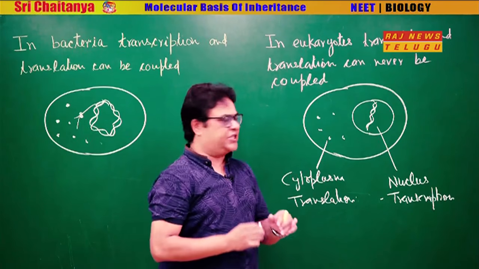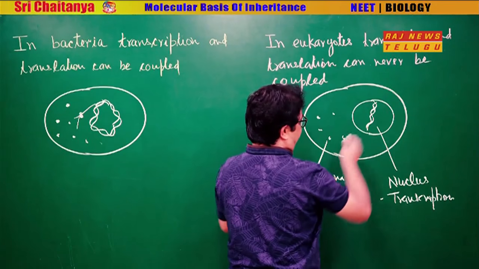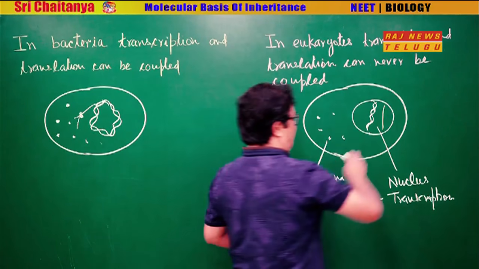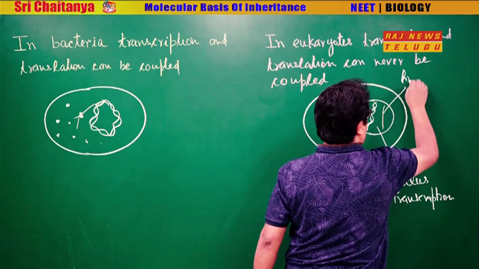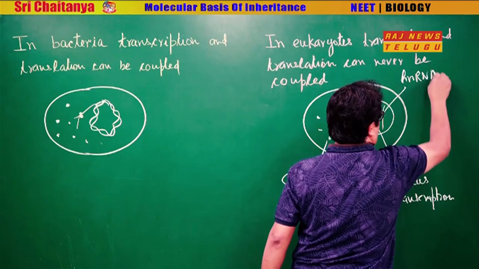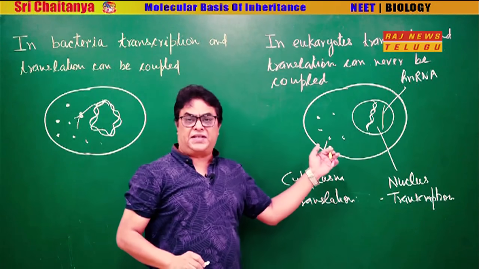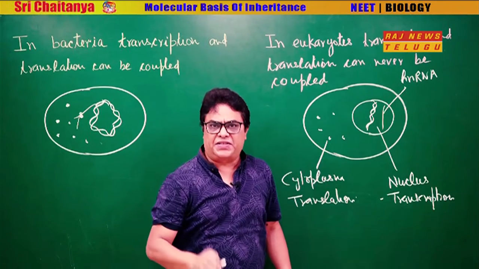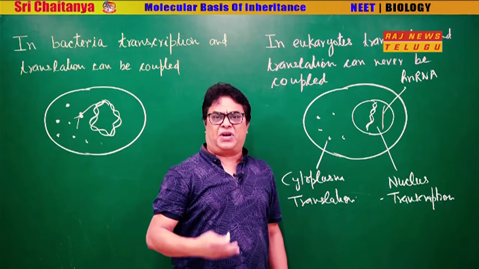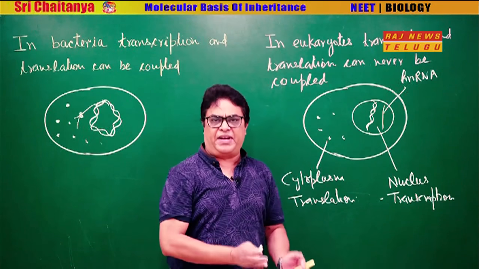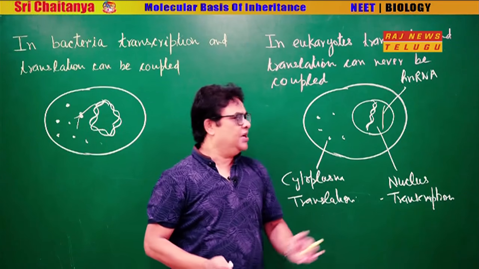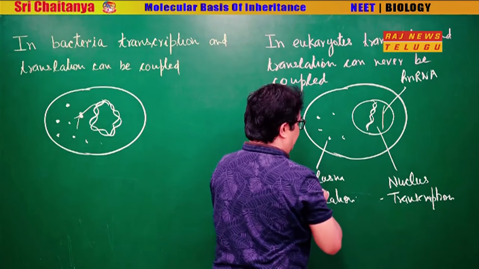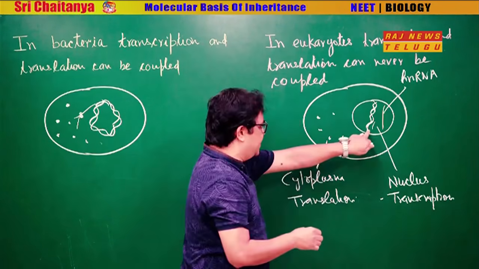The second complication is that the product of transcription is not directly mRNA. The product of transcription is hnRNA. We have discussed this in the previous lectures. The product of transcription is hnRNA, which cannot immediately undergo translation. First of all, it has to undergo processing: capping, tailing, splicing, that we will discuss. Okay. After all this is completed, then it is converted to mRNA, and then it will come out through the